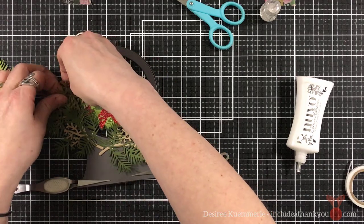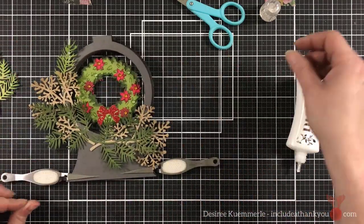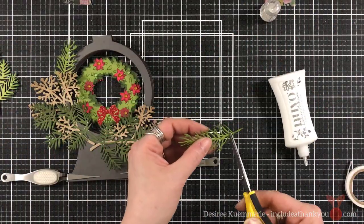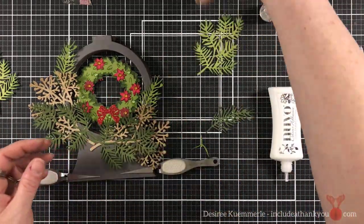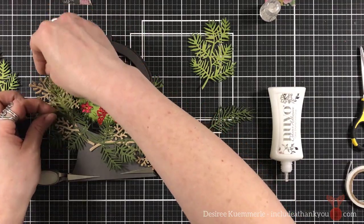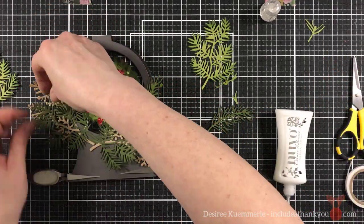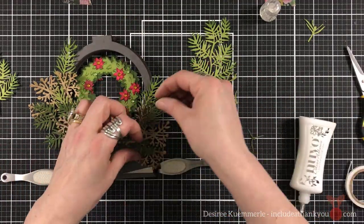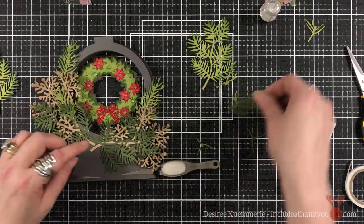I'm going to be taking a Merry Christmas die and putting that in the front there to set this off. Again, it's got a very rustic feel. I'm taking these pieces, I'm cutting them down, I'm pulling them apart, I'm adding glue to them, and I'm just pushing them in so that they will adhere together. It's creating a sprig. That's what I'm going for,